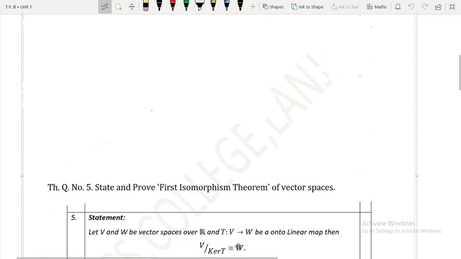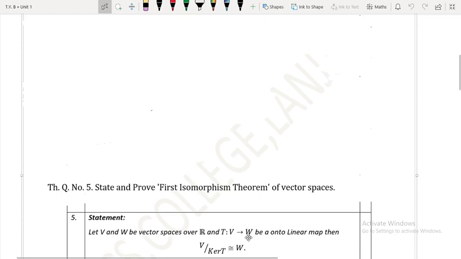Now just try to understand, whenever we have a linear transformation or a linear map, then we already have subspaces of the domain and codomain respectively. Talking about the domain, what is the subspace of the domain that we have once we have a linear transformation? That subspace is the kernel of T. And what is the subspace of the codomain? That is the image of T. So note that over here we have kernel of T as a subspace of V and image of T as a subspace of W.